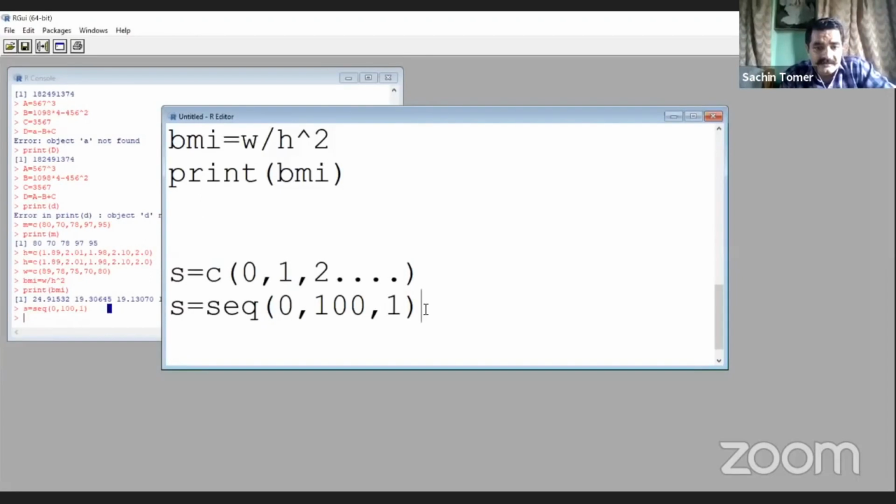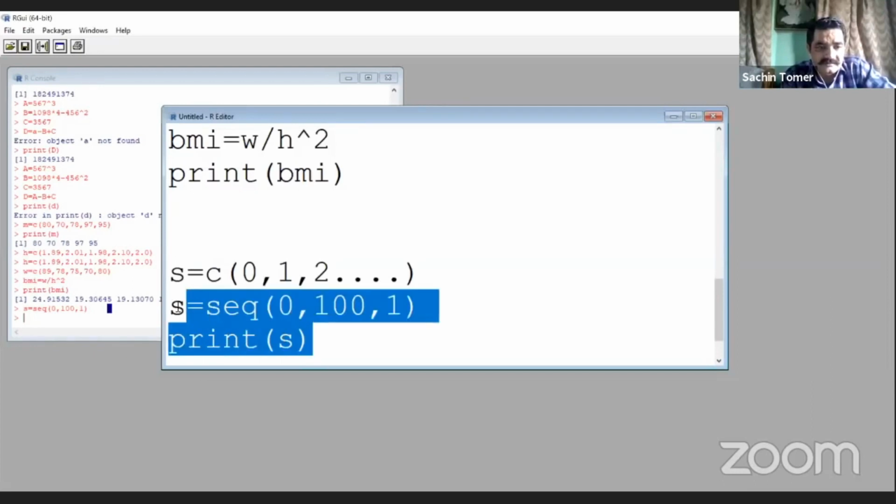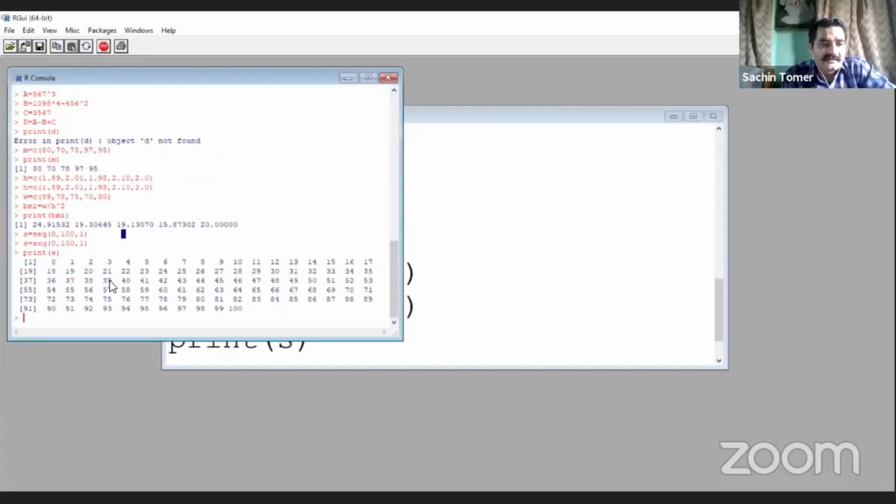Seq(0, 100, 1). Because we are storing the values in s, we have to write print(s), and now let's run it. s = seq(0, 101), print(s), Control R. You can see we have generated the numbers from 0 to 100.